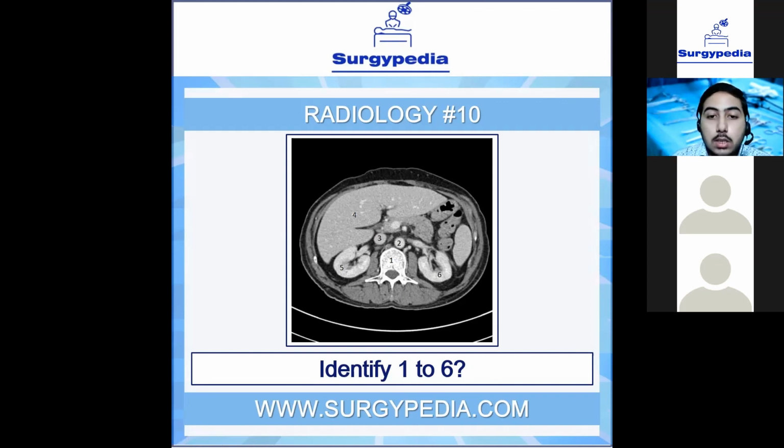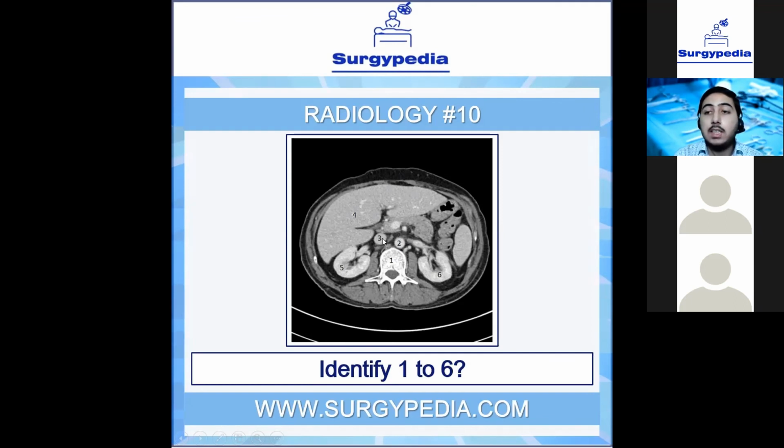So this is the aorta, descending abdominal aorta. The number two is the descending abdominal aorta, which is coming towards us, and it is on the left side. And similarly, we have the inferior vena cava coming towards us. It is on the right side. So these two structures are the great vessels. Two is aorta, three is inferior vena cava.